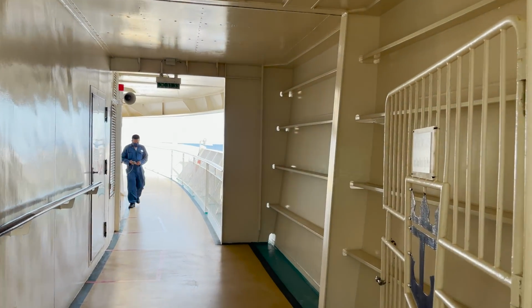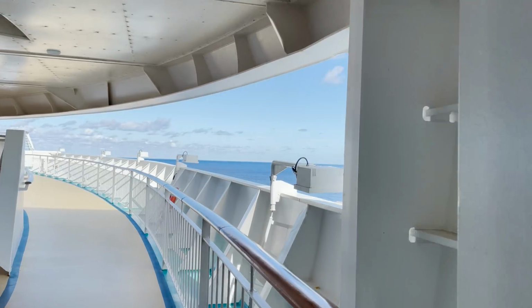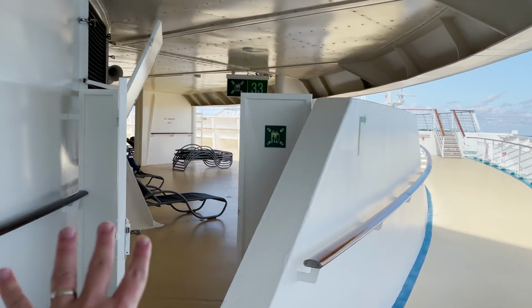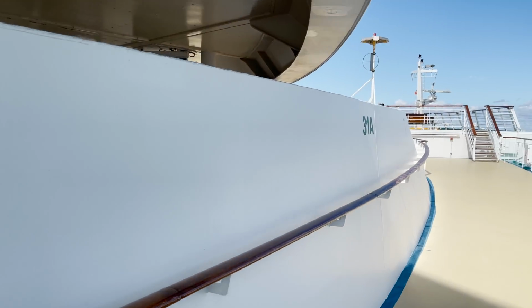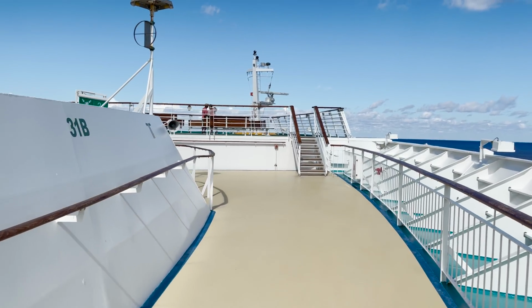Now the helipad isn't always available. Sometimes they'll have this gate closed due to high wind. That does happen on this sailing. But if it is open, you're free to proceed. Don't want to go that way, that's a crew only area. So you want to just keep heading forward here, head up the little stairs there, and that puts you on